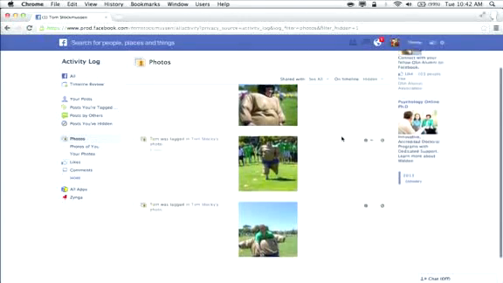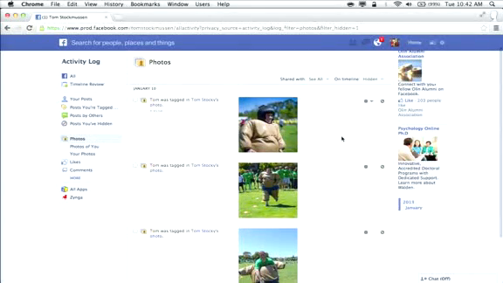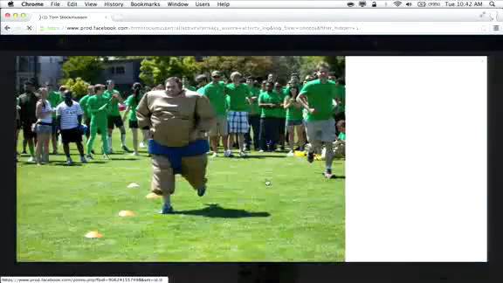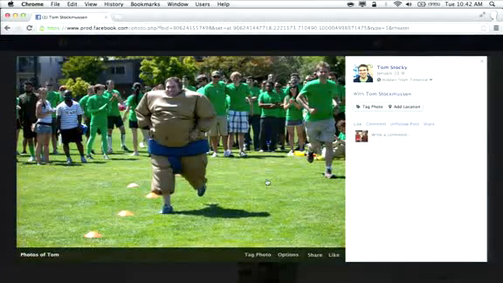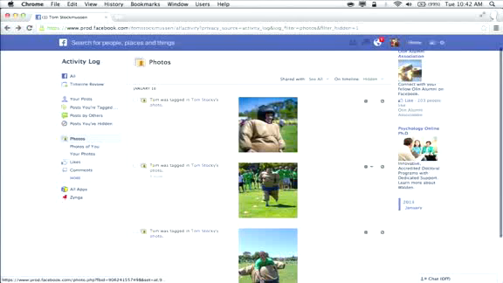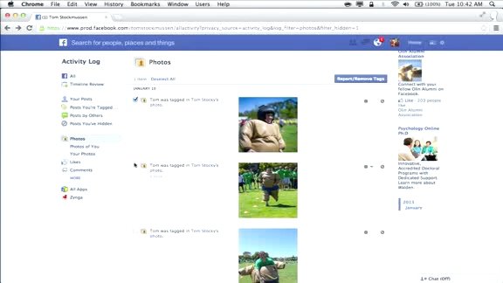And so now I can see in one place the 3 photos that I've hidden from timeline. It's unclear why anyone would hide this photo. But let's say for whatever reason I found these photos embarrassing, and so I hid them from my timeline. What I can now do is, let's say I don't want them to appear in search either. And so I'd love to have them removed from Facebook altogether. I didn't post these photos. So what I'll do is I'll check the 3 boxes here.